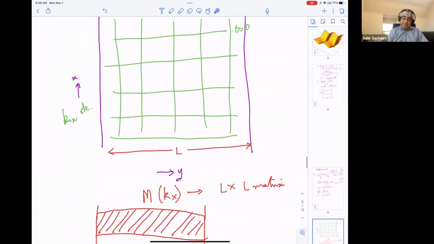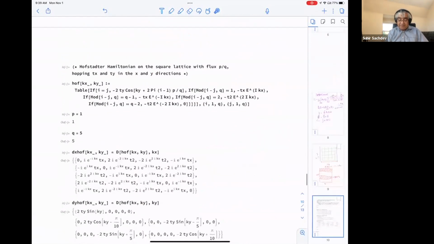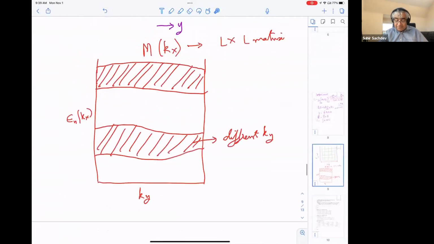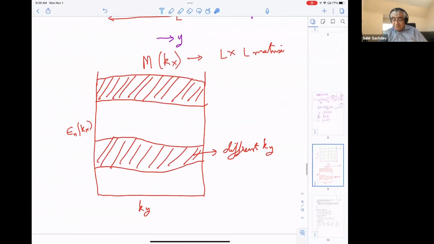But what happens if I don't take periodic boundary conditions, but I take open boundary conditions? Well, I have actually a Mathematica program here, which diagonalized a related Hamiltonian. This is the Hofstadter Hamiltonian. I'll put this on the website, of course. So I urge you to write your own program. This is a really fun exercise. All I did was I took L equals, I don't know, 20 and diagonalized a 20 by 20 matrix and